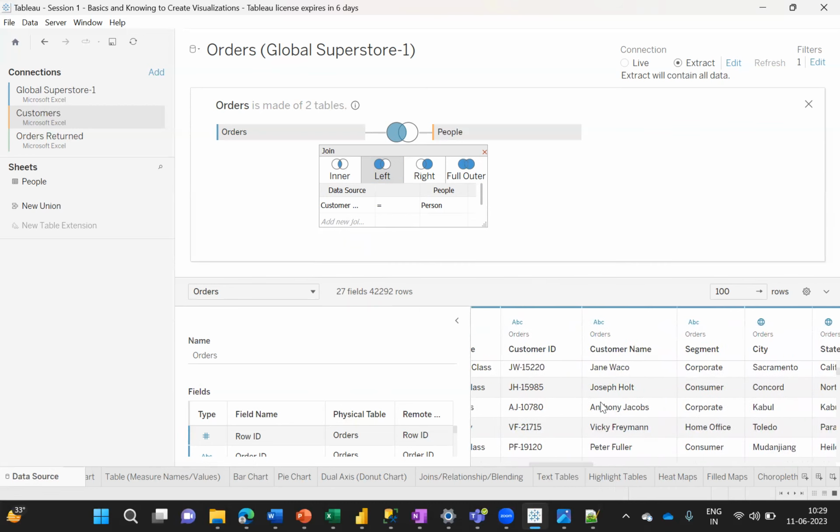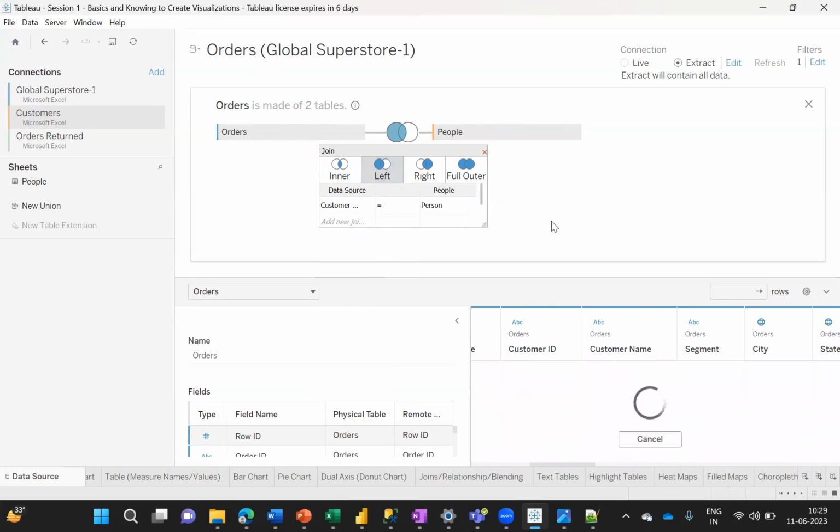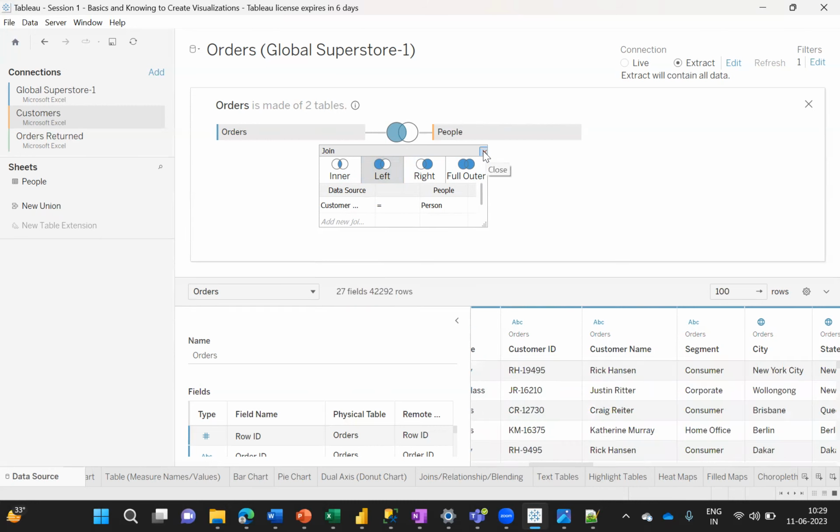So now we know what customer information is available here. Not all the customer information is available in the people table, that's why we are not seeing all the information. We are getting this orders table using the left join, right? So yeah, that's fine. We have just got it here. And apart from that,